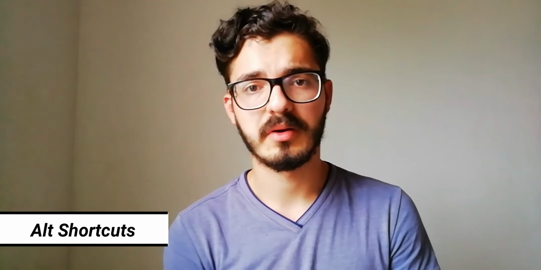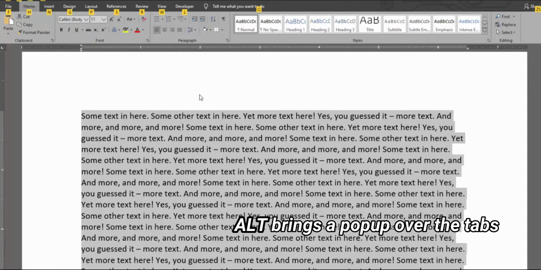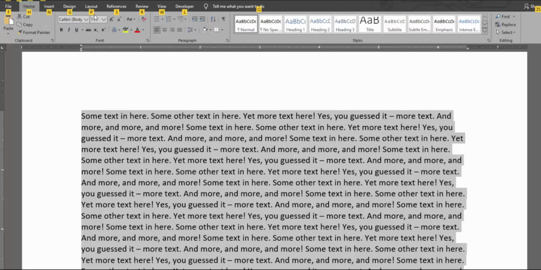One of the best things about Alt shortcuts is you don't need an extensive list of all of them, like the Ctrl, Shift, or even Windows shortcuts. Instead, simply press the Alt key once. Upon release, you see a lot of letters come up. These are the next steps to our shortcuts.